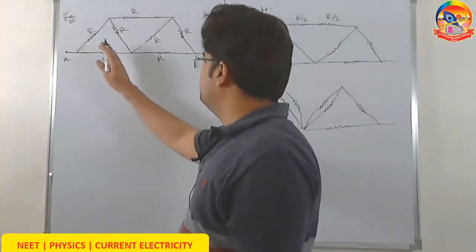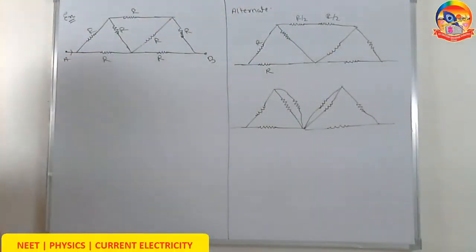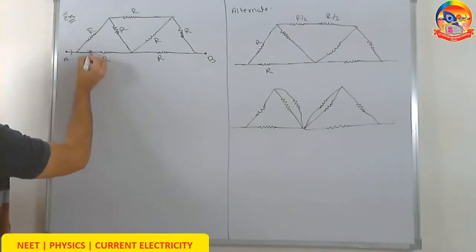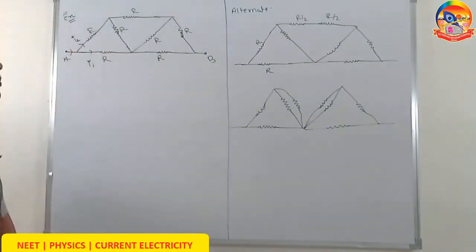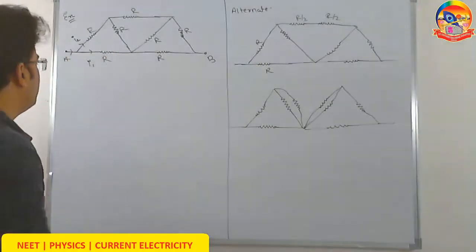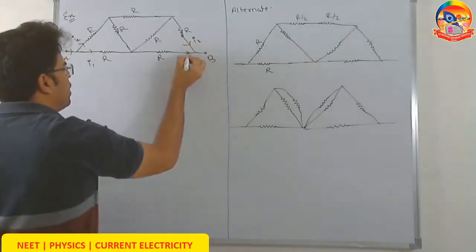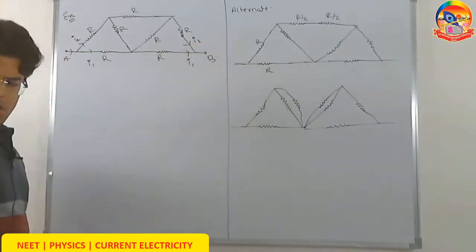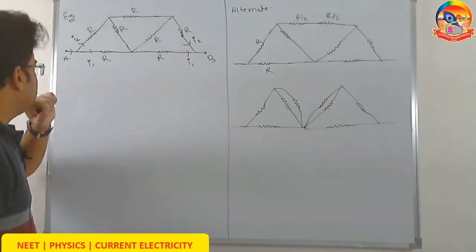So now let's say this is our circuit. Now current enters from A. Let's say in this lower line current goes I1, and in this upper line current goes I2. Because of symmetry, I can say if from here current enters I1 and here current enters I2, then from here current exit will be I2, here current exit will be I1. Okay. Now how to find the equivalent resistance between A and B?